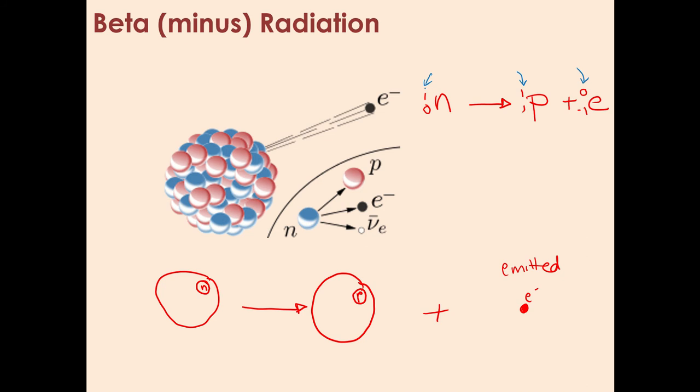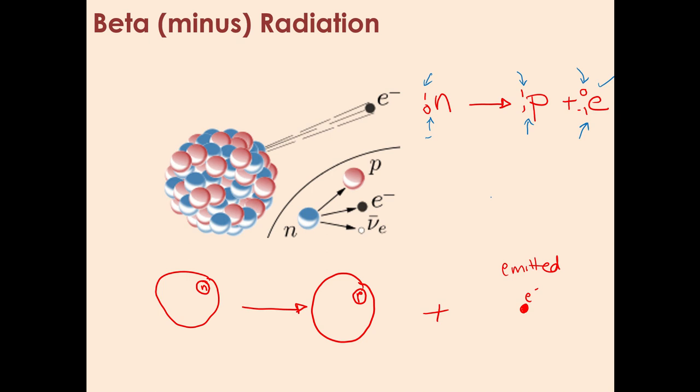So 1 equals 1 plus 0. Absolutely, that is possible. Conservation of charge: we started off with a charge of 0 and we've got a charge of +1 and a charge of -1. Add those up, what do we get? Our charge of 0. So that's absolutely possible. So what's going on in the nucleus is a neutron turns into a proton and that will spit out an